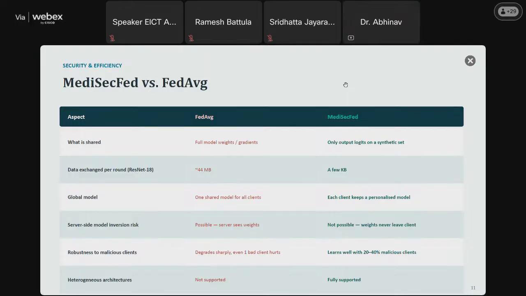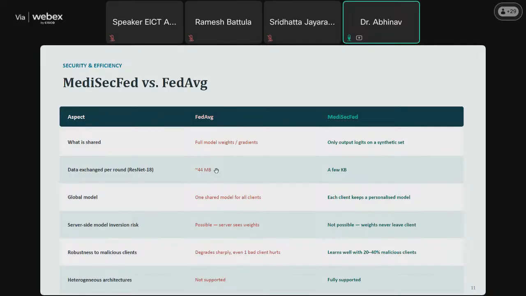Coming to MediSec-Fed versus FedAvg, I already told you what is shared. In FedAvg, full model weights and gradients are shared; in MediSec-Fed, only output logits on a synthetic set are shared. Data exchange per round: considering ResNet 18, in FedAvg it is around 44 MB, and in MediSec-Fed it will be around a few KBs.